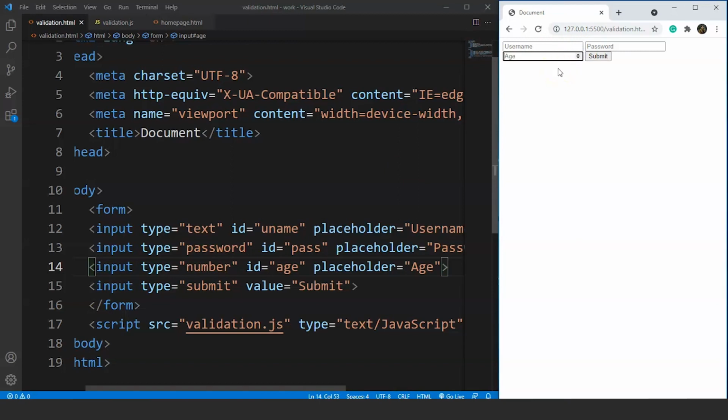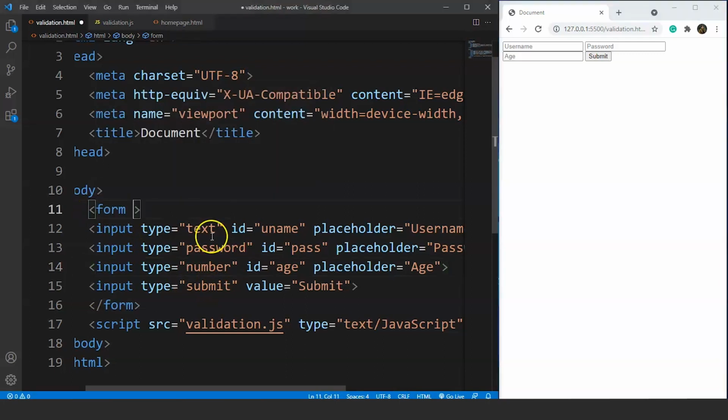Now the next part is to link this page to another web page such that if the credentials are correct, the user will enter the home page of our website. For that we have to use the action attribute in HTML. Now the question here is, when do we want the user to enter the home page? Only if the credentials are correct, right? We have to use the action attribute with the form tag. So you can see over here we have already mentioned the form tag.